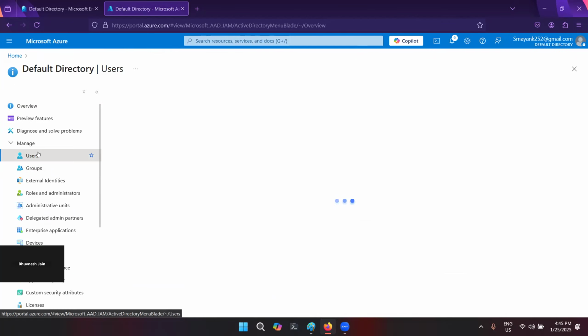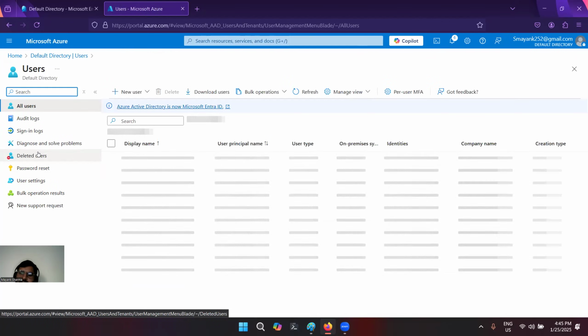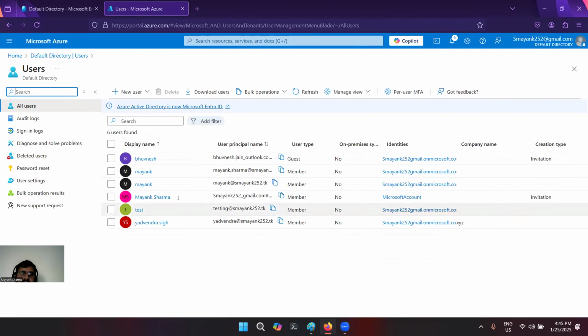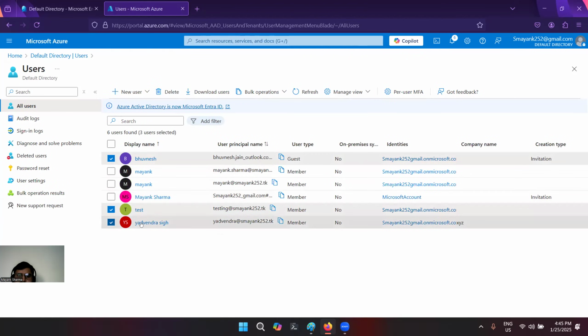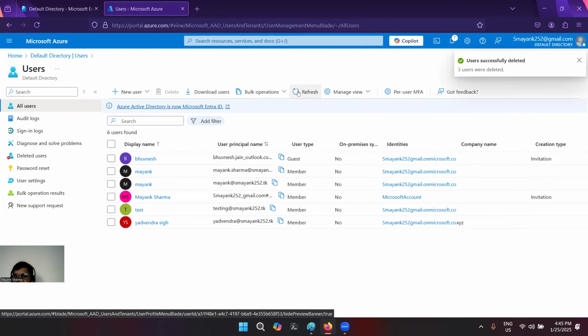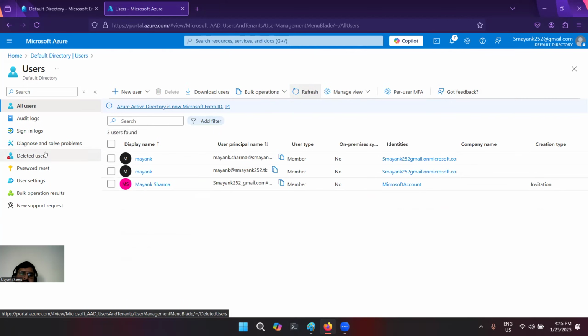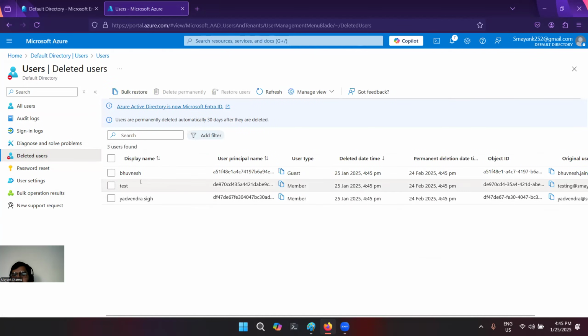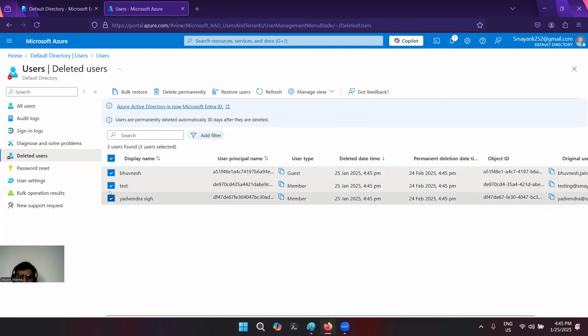Yes, clear. Okay, and now the very basic thing that we need to understand for this identity topic for today is when you delete a user. You can delete as many users as you want. I don't know which accounts I have deleted, so let me just select these three accounts. A user can be deleted directly. It's very easy and straightforward. You can come here and restore the deleted users. Once a user is deleted, it can be restored until 30 days. After 30 days, that user is permanently removed. So until 30 days, you can easily restore this user as well.